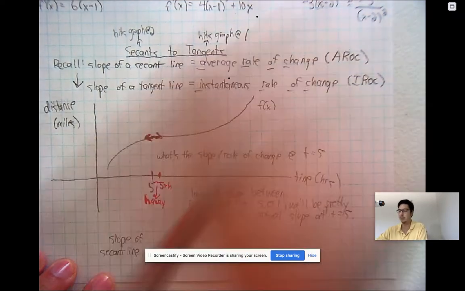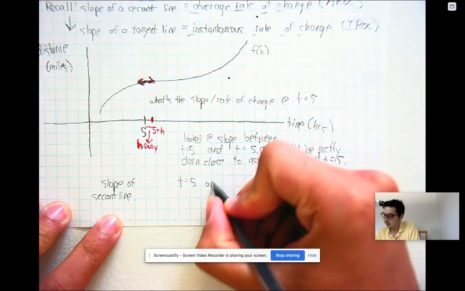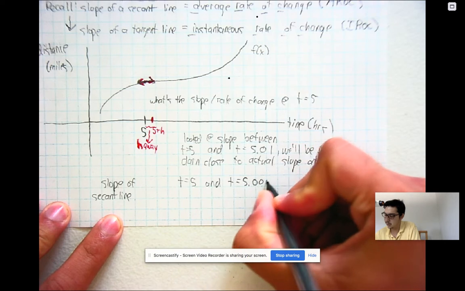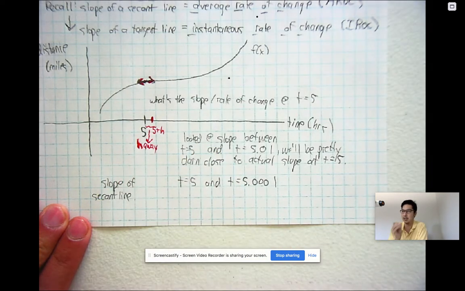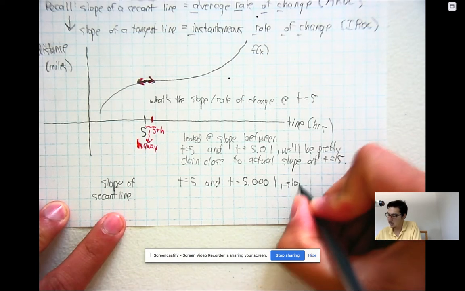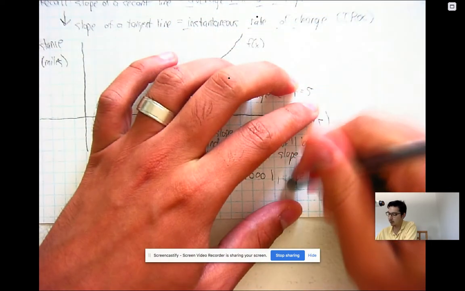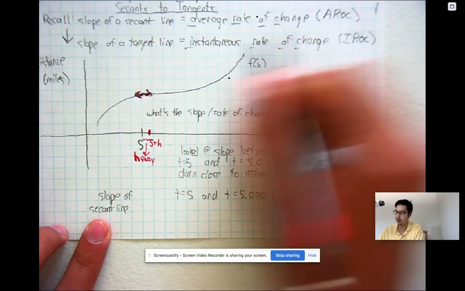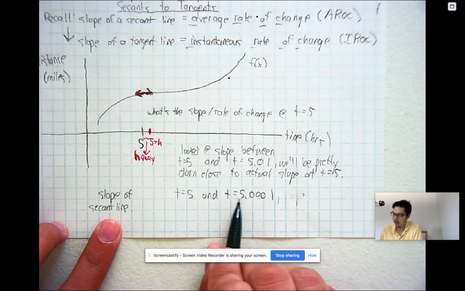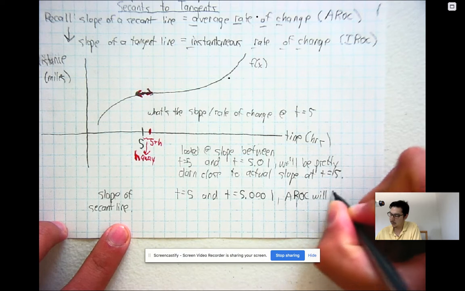What if we found the slope of a secant line between t equals 5 and t equals 5.0001? So we pick a point that's even closer to 5, where h is even smaller, that distance away is even smaller. Well, what's going to happen is that slope, or let's start using the proper word. Instead of slope, remember that the slope of a secant line is the same thing as the average rate of change, the AROC. So if we now do it 5.001, a little bit closer, the average rate of change will be even closer